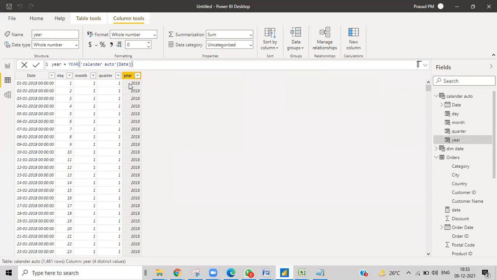Okay. Going forward, while we use the time intelligence functions or whatever it may be, you need to have all these basics. You can't do that kind of thing without them. These are the building blocks of the time intelligence functions. Not only time intelligence functions, a lot of date-related work needs these basics.